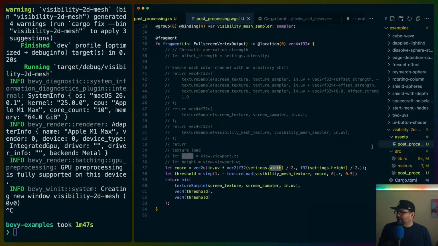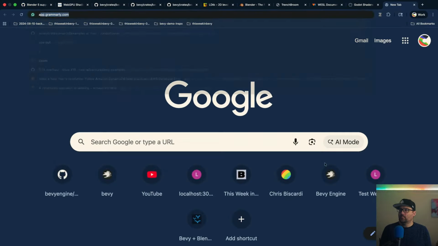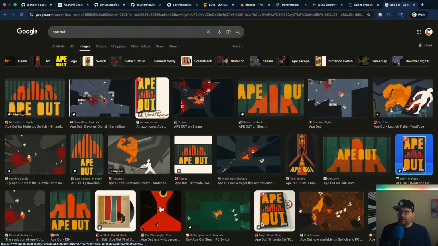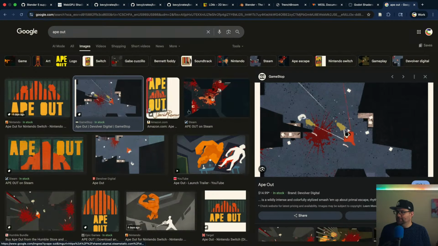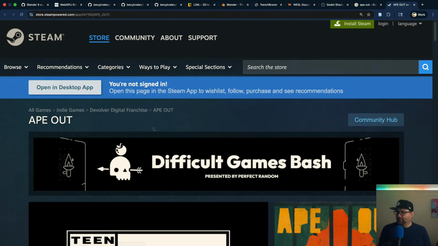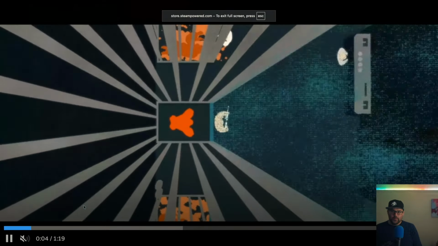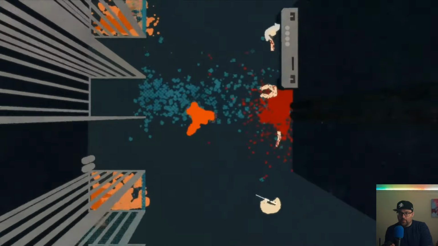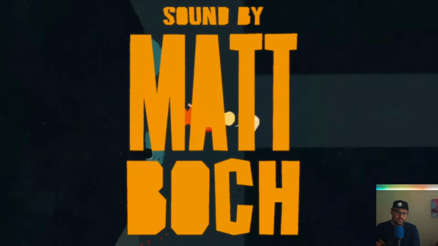Okay, so I'm going to move on from this, I think. I think that most of this is okay. I don't know how far I'm going to go with this demo. I think that it's pretty good already. We took a look at Ape Out fairly recently. This is GameStop, and GameStop is not what I want. So at least look at Steam. Ape Out has a very similar effect. I don't know if I'm going to build a game demo using this technique. I probably won't build all of Ape Out, for example, but